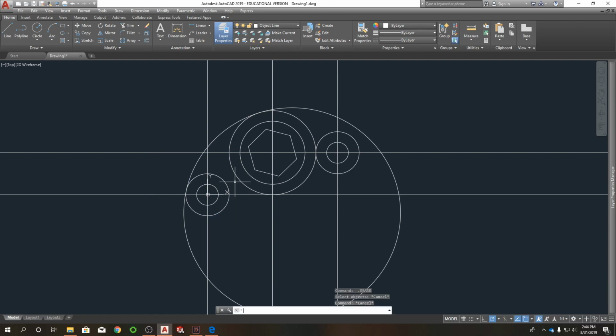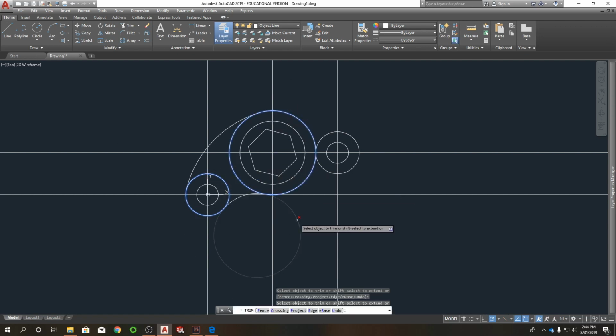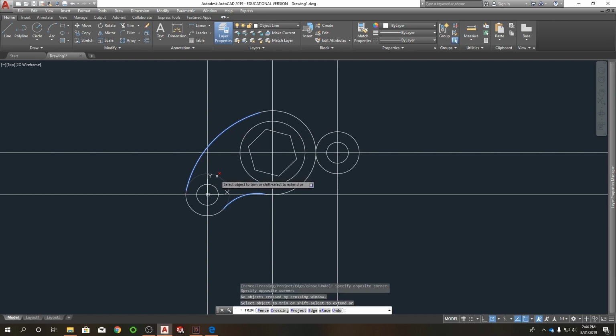Oop, that's set to erase. Circle, tangent. I want it there, there, 2. There we go. So if I click on these 2 circles, trim, gets rid of that and that. Enter. Click on these, trim, click there, there. Done. Now I'm going to go to line,